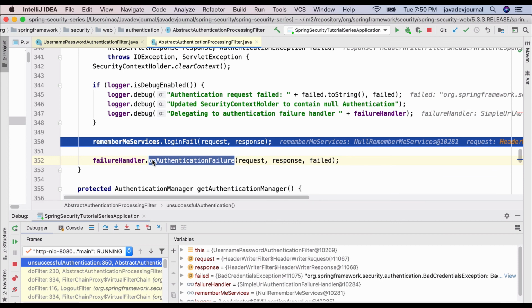All right. So I hope this will give you at least a better understanding of how a lot of the different jargon we were talking about, for example filters and provider managers, works together. The intention for this tutorial was to give you an idea of how the internals work. There are still many things which we are going to cover, for example the filter chains, delegating filter proxy, and how those work. I will be covering them because those are a little advanced topics, but I'm very sure that this will at least help you understand the workflow of Spring Security.